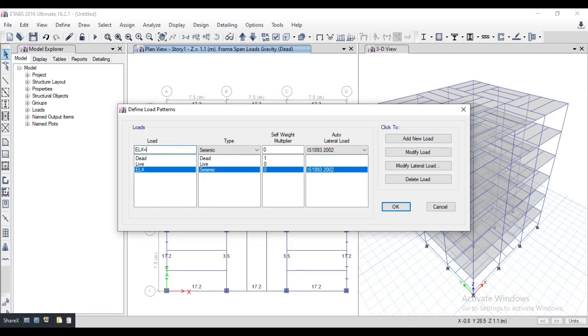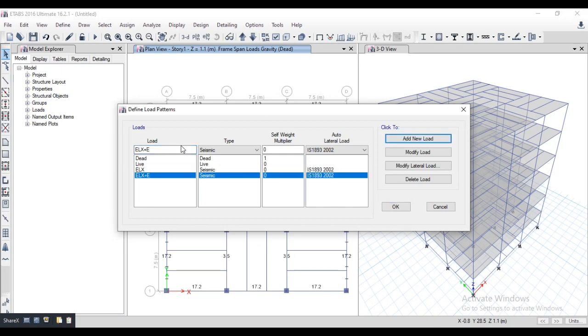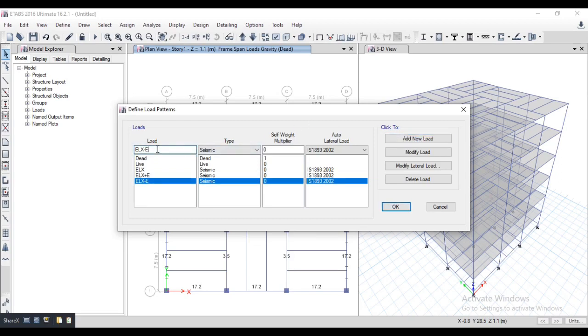ELX plus eccentricity, add new ELX minus eccentricity. I am using equivalent static method because the building height is very less, 30.2.